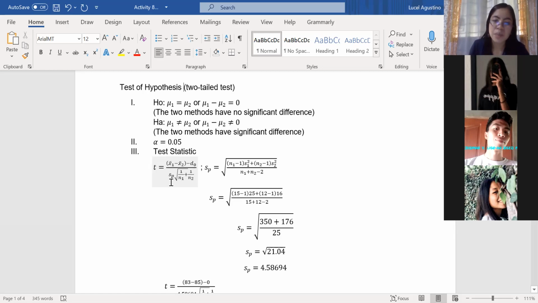And then Sp, that is pooled variance, over multiplied to square root of 1 over sample size sa group 1, okay? Plus